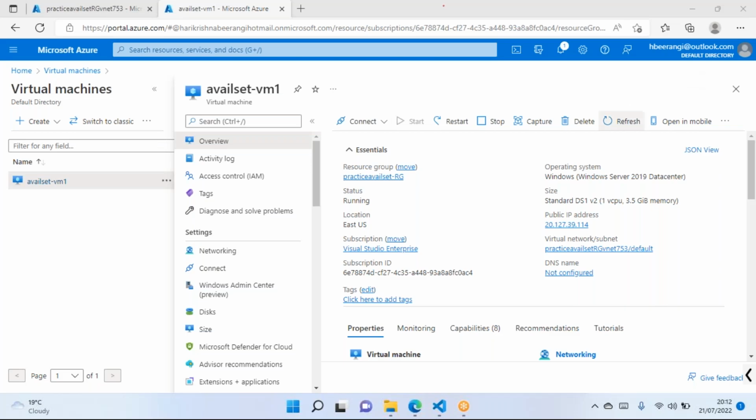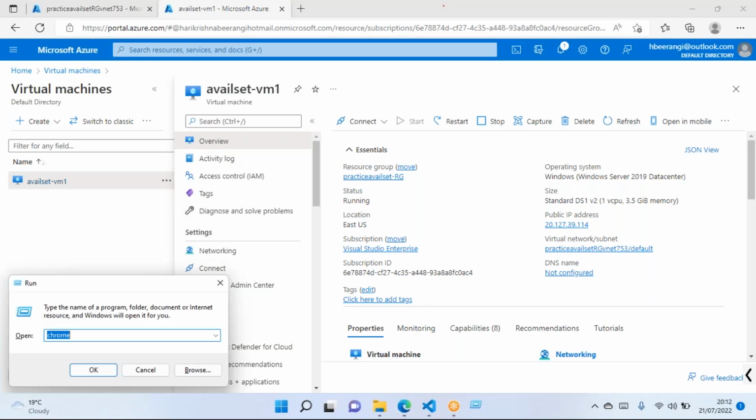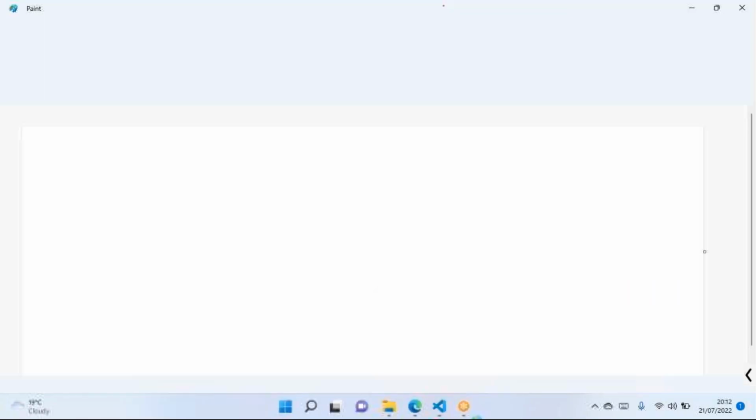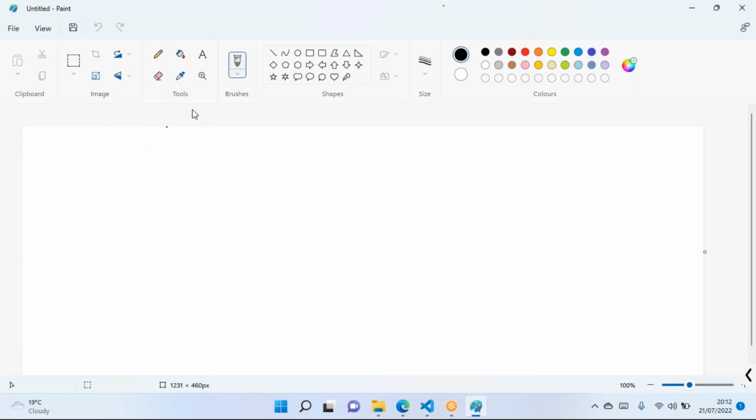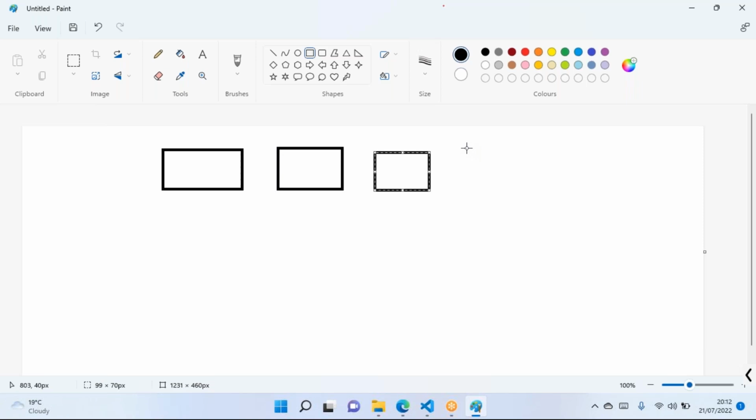Right. So just to give a heads up, again, I'll draw the diagram here. If you have a business requirement that needs to run only from 9 a.m. to 6 p.m., there will be virtual machines running from 9 a.m. to 6 p.m. But from evening 7 p.m. to morning again 8 a.m. or 9 a.m., whatever you call, if you want to run your application without having entire downtime, full downtime,